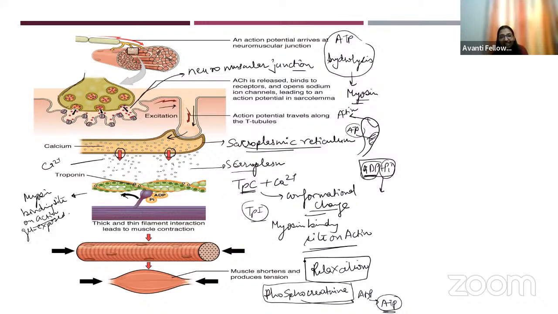The second point which takes place during relaxation is the acetylcholine. We know that these neurotransmitters generate impulse. They have a role in generating impulse. Now, during the relaxation, we have to remove this neurotransmitter, acetylcholine. So an enzyme is released, which is known as acetylcholinesterase. This enzyme will digest the